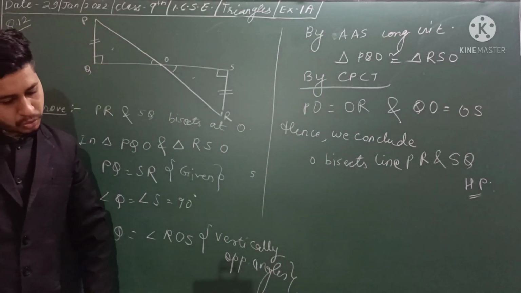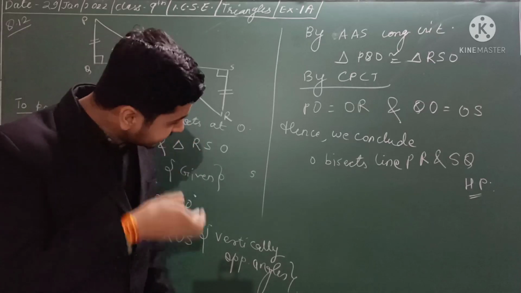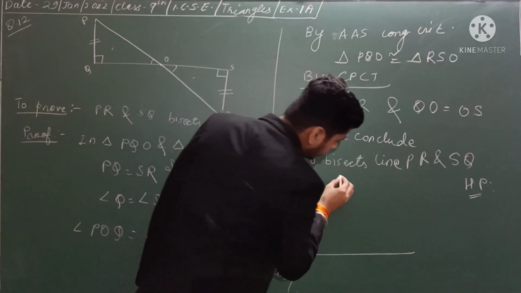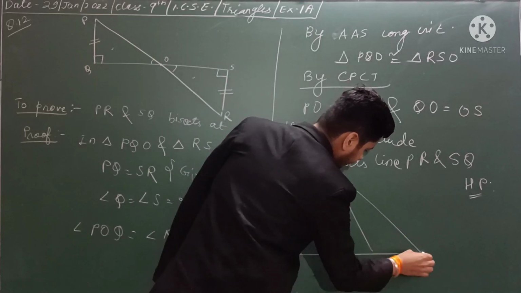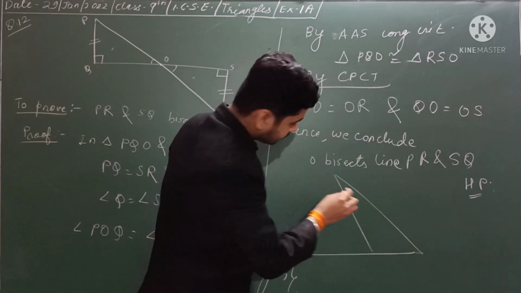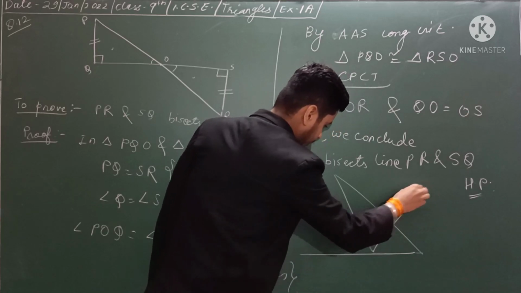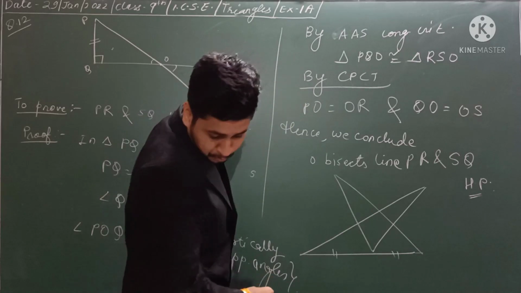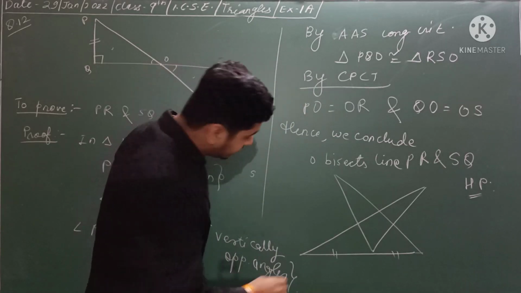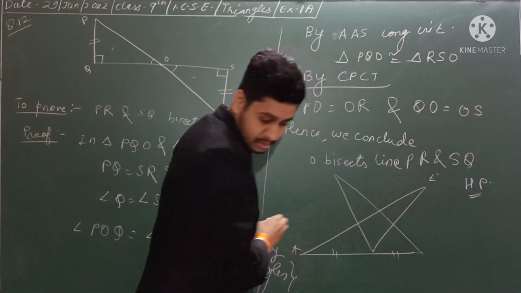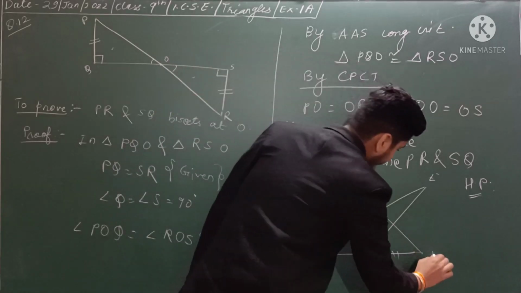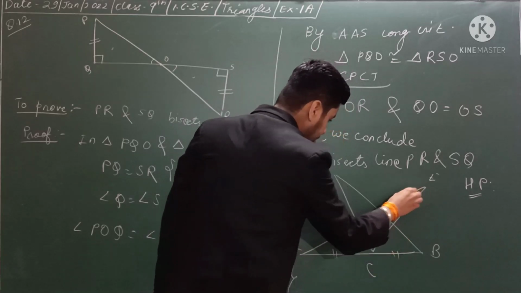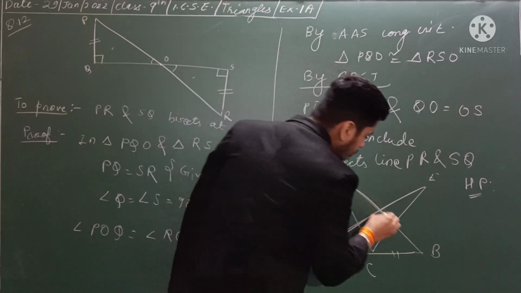Okay, now let us go to question number 13. If you can see, you have a structure in such a way where this side is equal to this side, and you have to prove that AE is equal to ED. See, this is AE and BD. We have to prove it is equal to ED, and this point is C. That means you have to prove that this line is equal to this line.